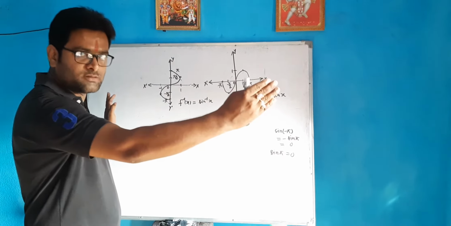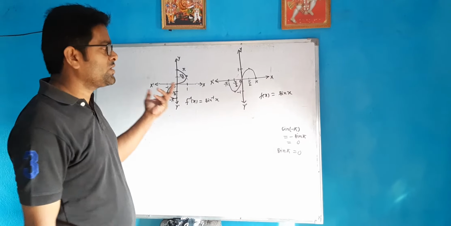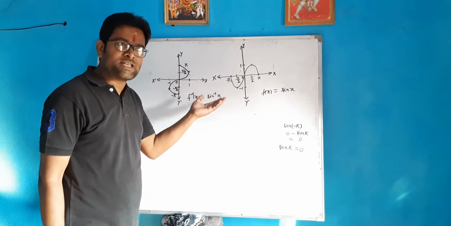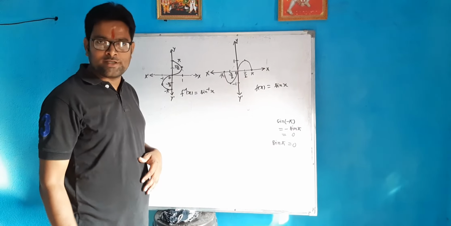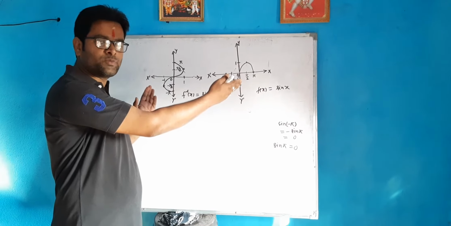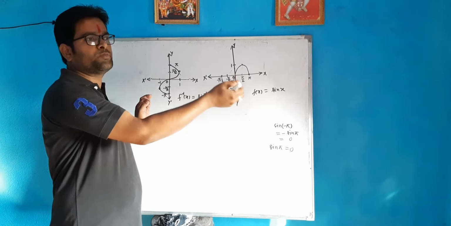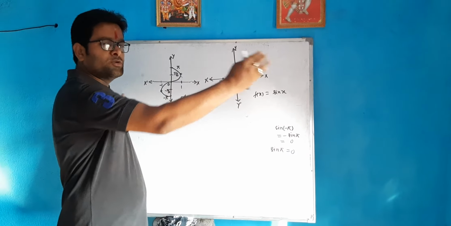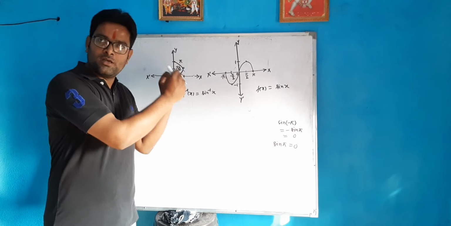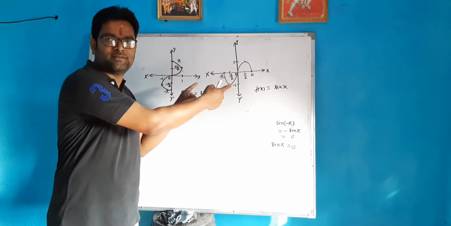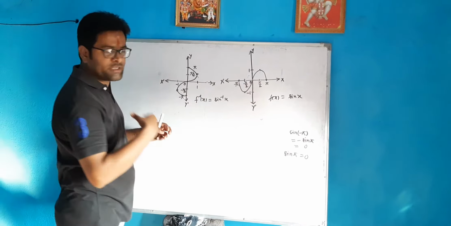We can extend it to unlimited intervals because the domain of sine is the set of real numbers. So we can extend it to any limit. It is not restricted to minus pi by 2 to pi by 2, or minus pi to pi, or minus 2 pi to 2 pi. It can be extended on both sides, because this is only a subset of the set of real numbers. Now I have just restricted it to minus pi to pi to make you understand.